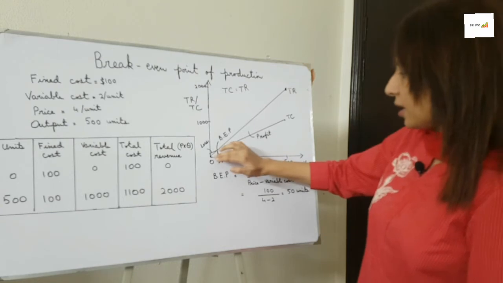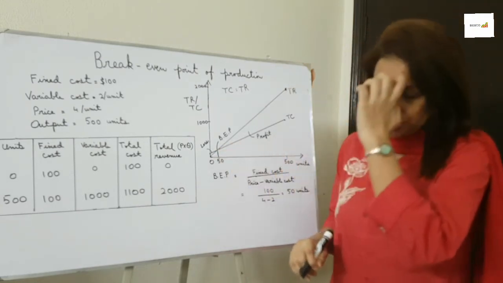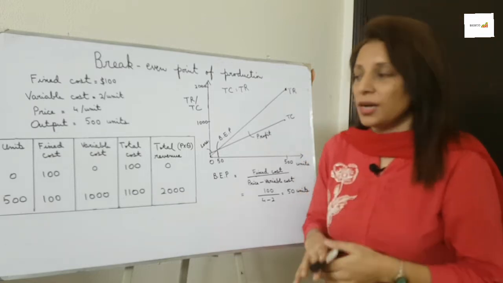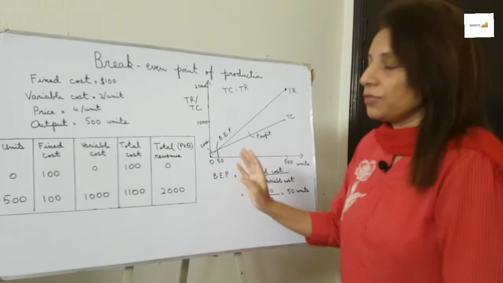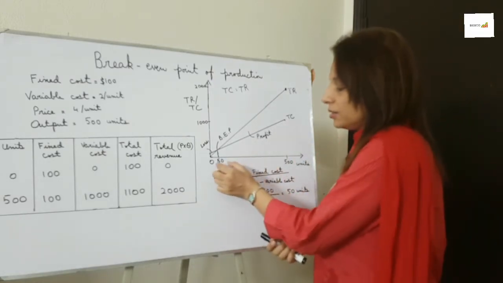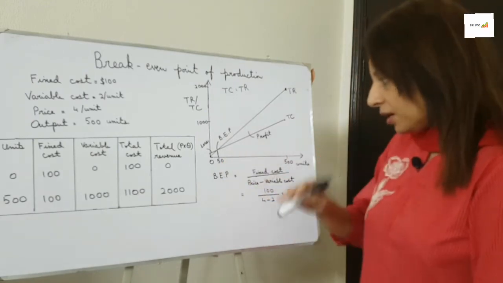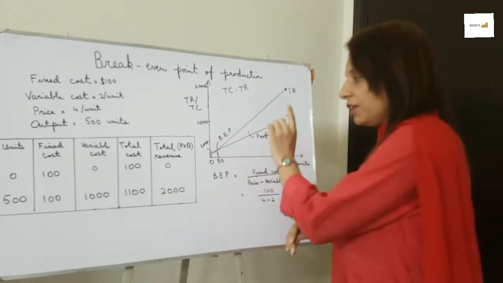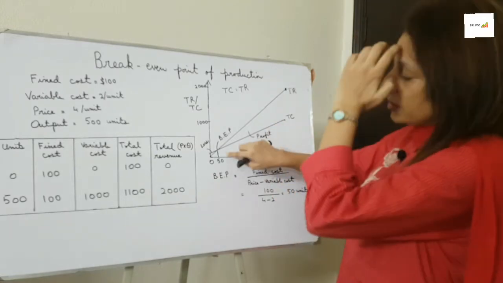So then I'll again join these 2 points and this gives me the break-even point of production. Now you might think that it's very difficult to see what the number of units is here, because we have to identify the number of units to see the break-even point of production. Again, very important, whenever you draw this graph, you must use graph paper. Then you will have the exact point.